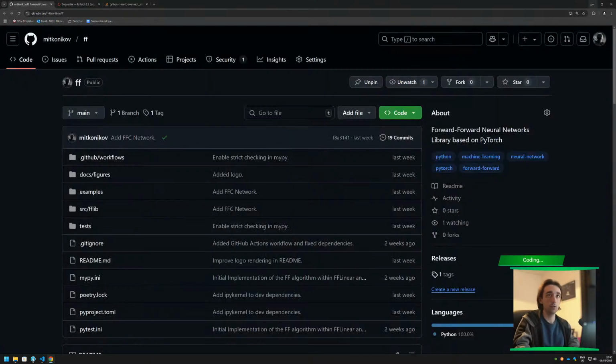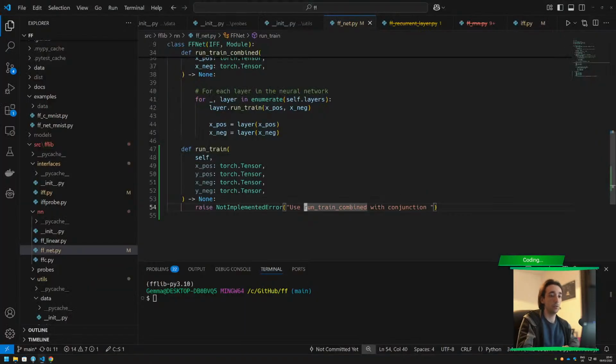No, no, conjunction is just: use run train combined in conjunction with the